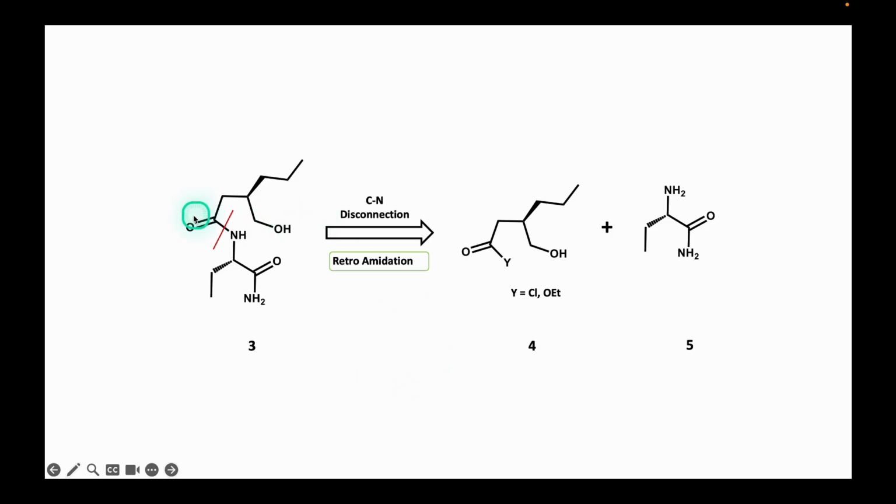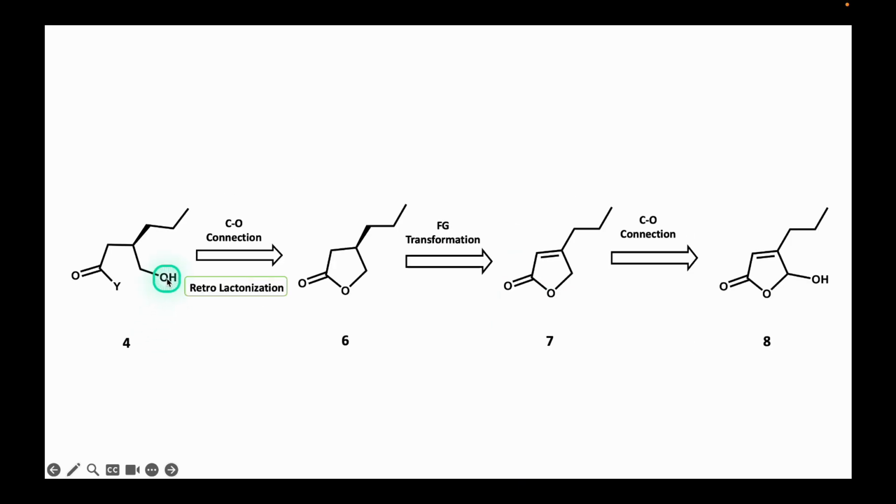The secondary amido group in 3 functions as a retron and, based on an amidation reaction, a carbon-nitrogen disconnection generates intermediate 4, where Y can be a chloride or an ethoxy group, and the amino amide 5. The 1,5 relationship between the oxygen of the hydroxyl and the carbonyl group in 4 suggests a lactone as its